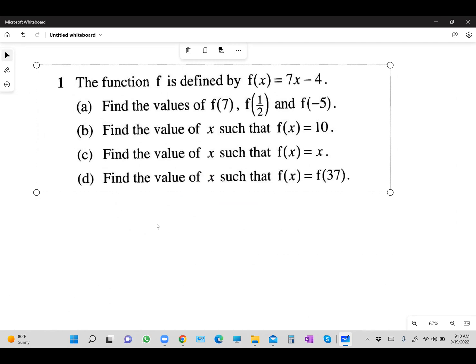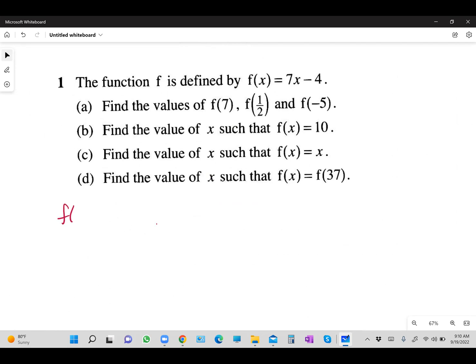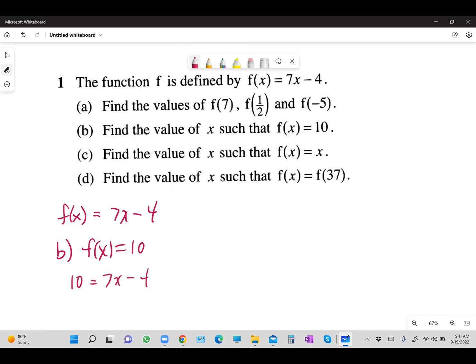So look at part B. It says here f of x equals 7x minus 4. So for part B, it says f of x equals 10. What does that mean exactly? There you go. 10 equals 7x minus 4. This is not to be confused